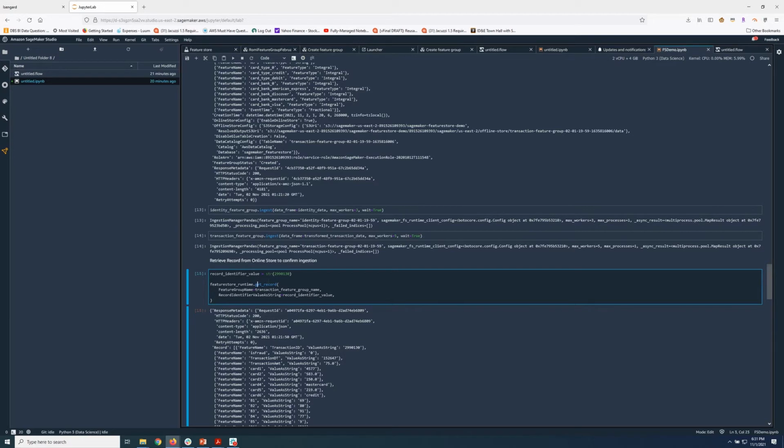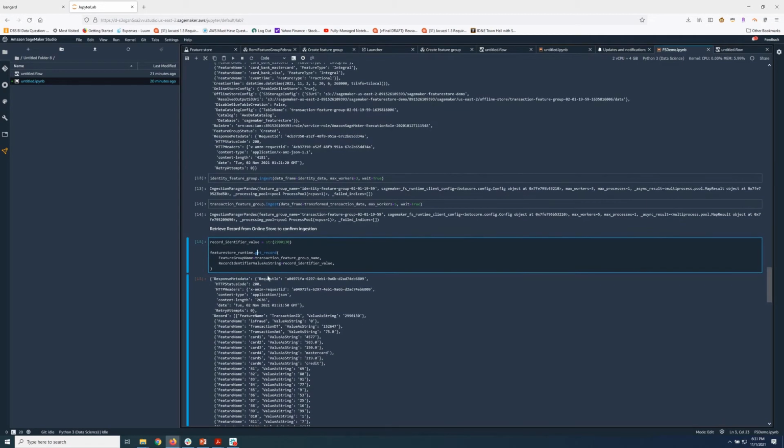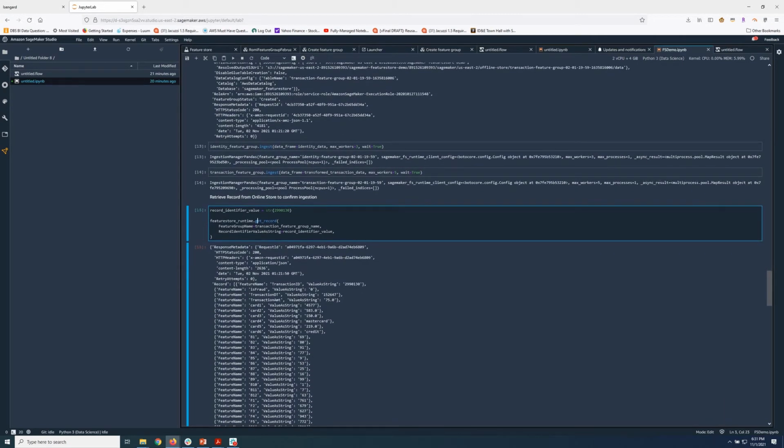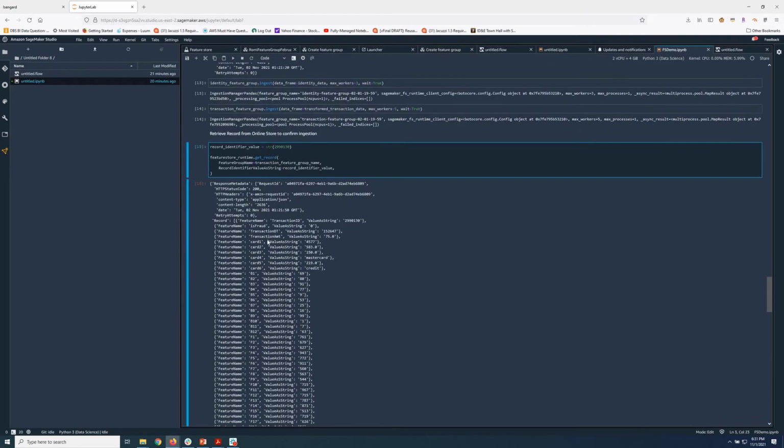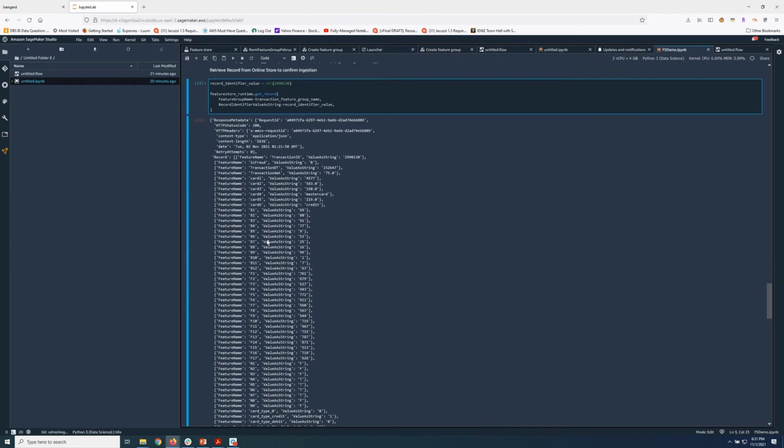We just take a hard-coded record identifier and, with the get record call, we ask for that record. What that provides us is the entire record, with each of the features and the value for that particular record. So you can see the transaction amount was $75, for example, out here.